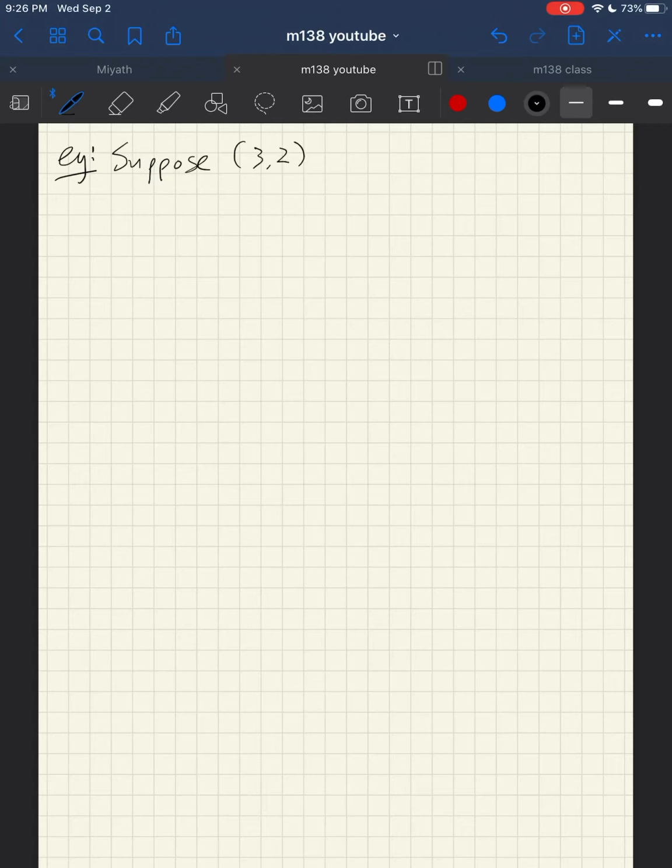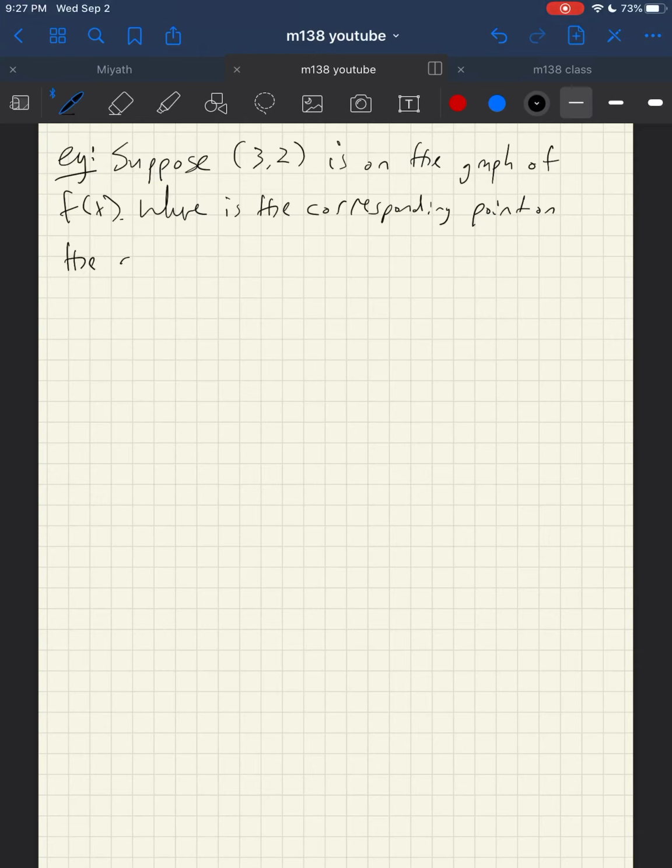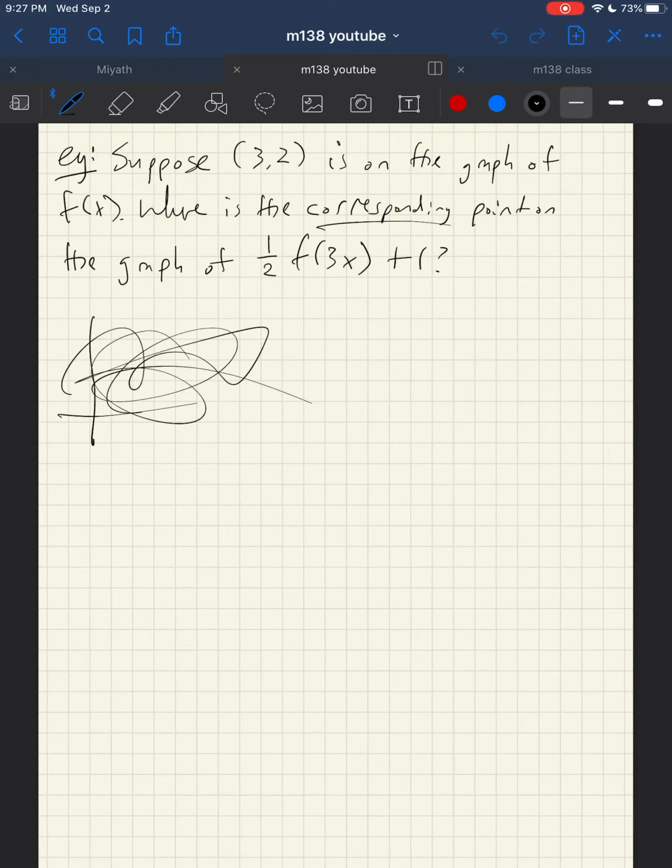Suppose (3, 2) is on the graph of f of x. Where is the corresponding point on the graph of, let's do, 1/2 f of 3x plus 1? Now, what do I mean by corresponding point? I don't know what f of x is, right? I don't know what the graph of f of x is going to look like, but I know that